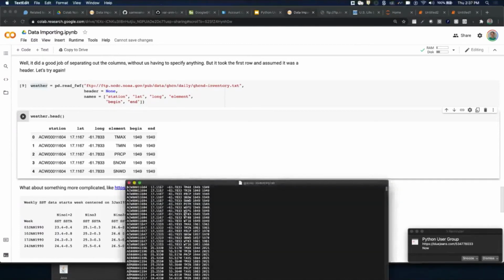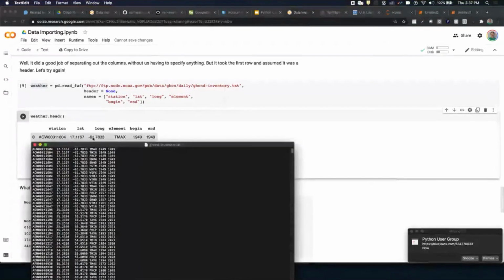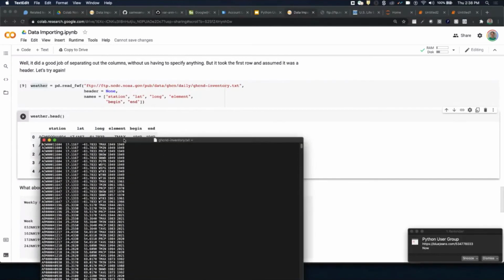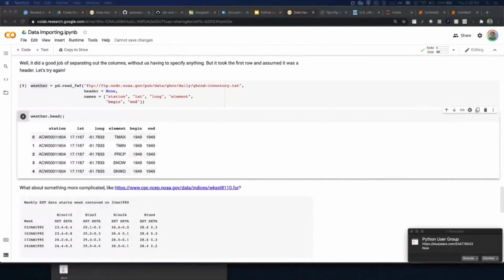When I'm working with fixed width, I always like to just pull over the file itself and just say, does that look right? Is there a minus where I expect there to be a minus, or did that get left off? Does this have 4 digits? Yes, it does. Great. This came in really well. I didn't have to use that information about which columns were in use, because Pandas was able to auto-detect that. So that's fantastic. That's your best case scenario. And when that happens, you've saved a lot of time.